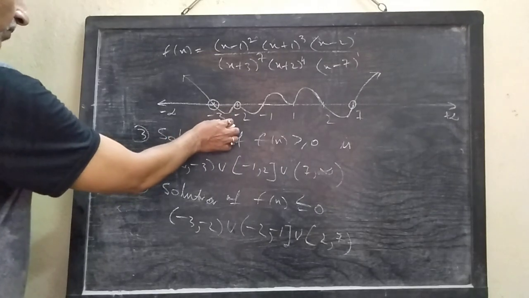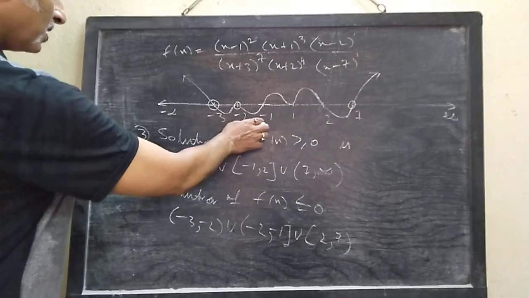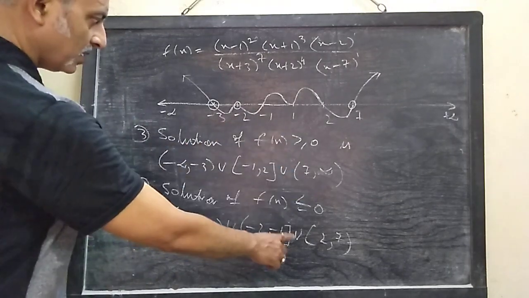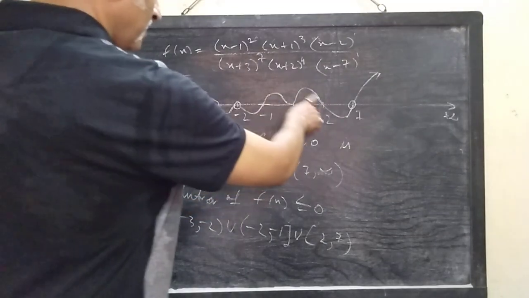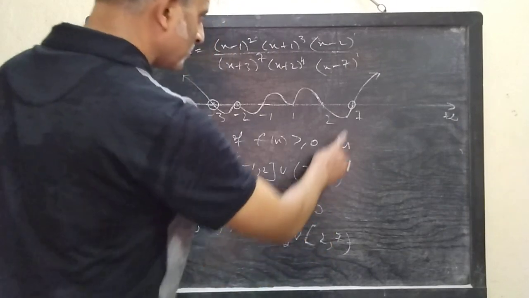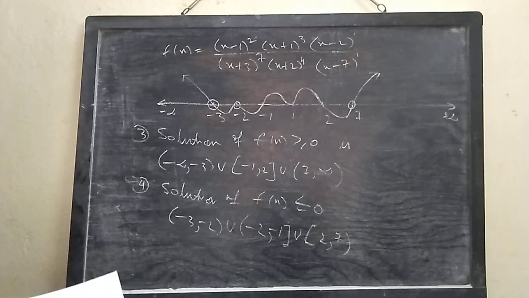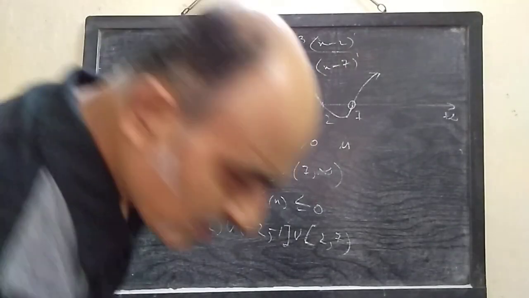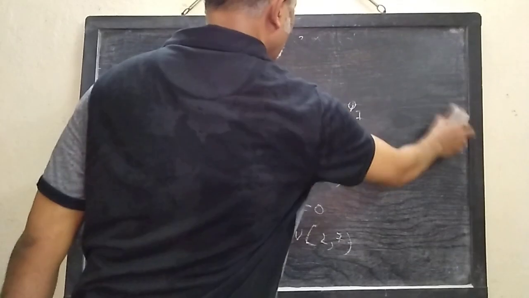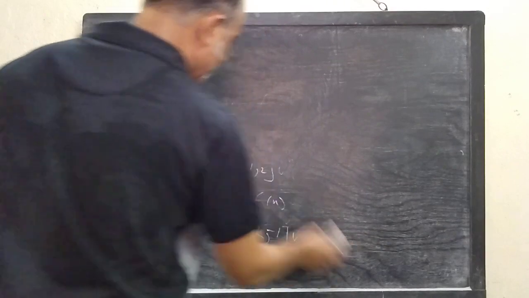Look, the curve is below the number line here. Minus 3 to minus 2, both will be excluded, so open interval, union, then minus 2 to minus 1 is being included, so this is a closed interval. Then it goes downward from this part. 2 remains closed because 2 is in the solution, but 7 cannot be in the solution because there is an open circle. So your answer for less than or equal to 0 is minus 3 to minus 2 open, union minus 2 to minus 1 closed, and 2 closed to 7 open. Okay. So this is the solution technique of inequalities that will be used frequently in our coming discussions.